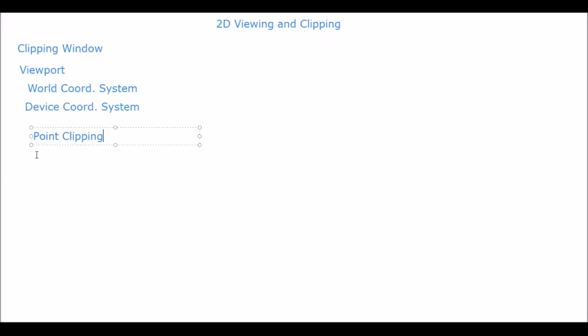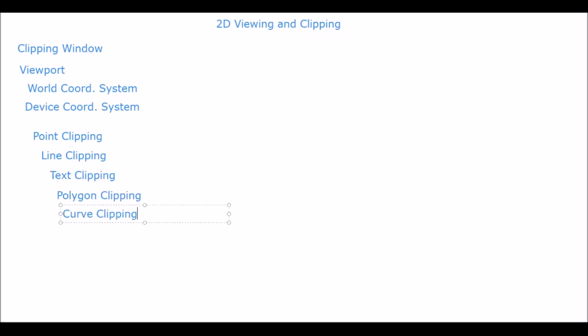Then we have line clipping. Then we have text clipping. Then we have polygon clipping, and we have curve clipping.